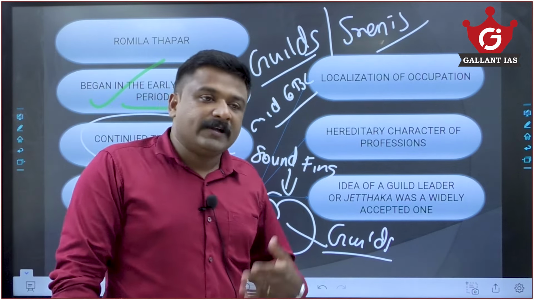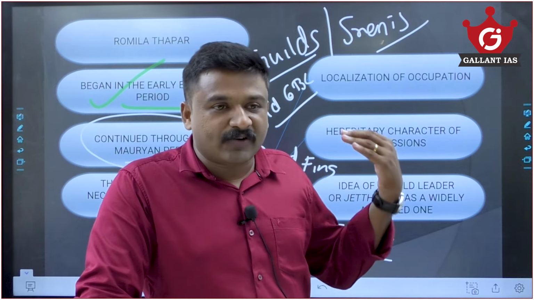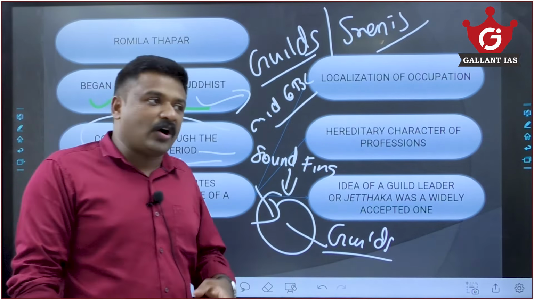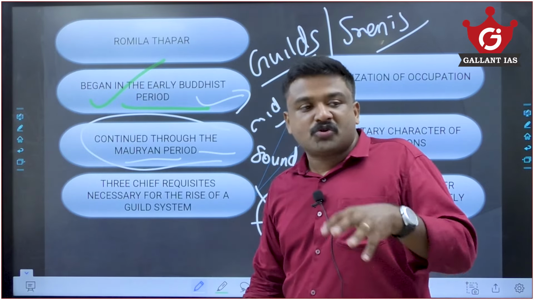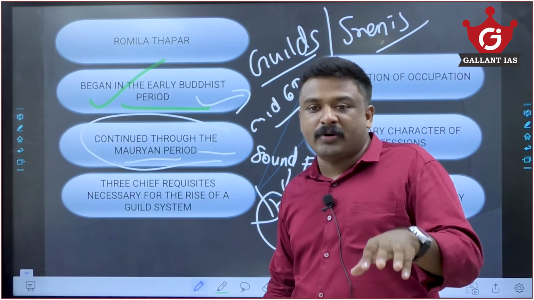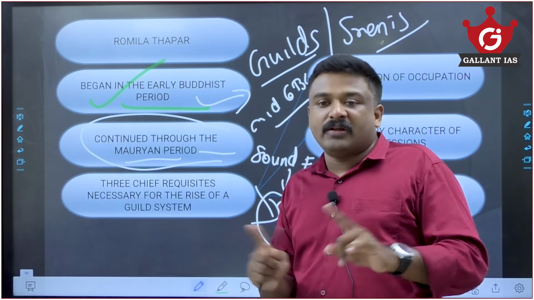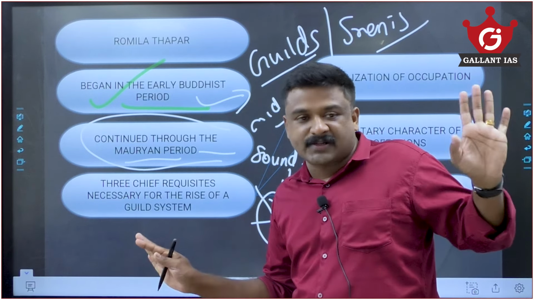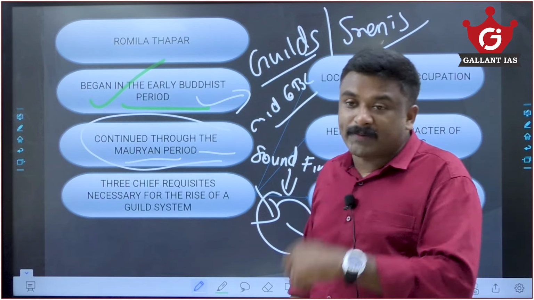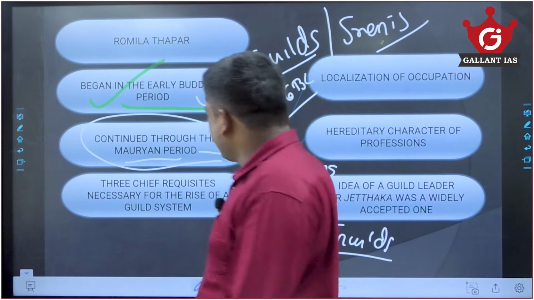Even this is supported by Megasthenes, Pliny's account, Strabo's account, Justin's account, and different historians. They stated in their accounts that the guild system, the Shrenis, were so powerful that they controlled the markets, fixed market regulations and the prices of the commodities, and even settled disputes among merchants and traders, with different guilds and trade unions for manufacturers, traders, workers, etc. So the existence of powerful guilds was also a reason for this ever-flourishing, prosperous trade in India. Am I right? Yes.